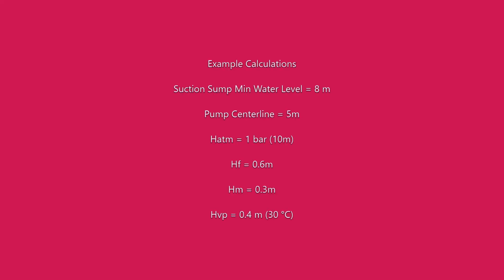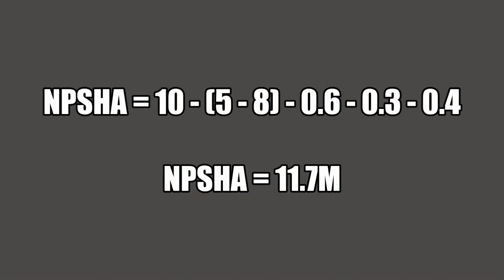Let's take the below as an example. A suction sump has a minimum water level of 8 meter. The pump center line is 5 meter. The atmospheric pressure is 1 bar, which is equivalent to 10 meters water head. The friction losses is 0.6 meter. The minor losses is 0.3 meter. The vapor pressure at 30 degrees Celsius is 0.4 meter. Hence, the NPSHa is equal to 10 minus 5 minus 8 minus 0.6 minus 0.3 minus 0.4, which equal to